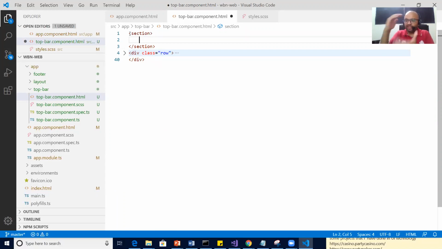One functionality, one section. So section basically segregates the functionality, as the name itself defines the meaning. Section basically segregates each and every section in your DOM. This section belongs to, let's say, footer, this section belongs to body, this section belongs to navbar, like that. So give ID to your section, say top bar, have a neat and clean HTML programming. Don't do any fancy stuff.